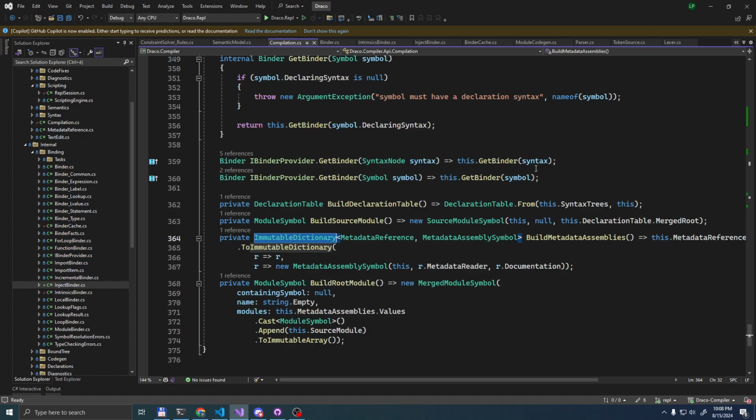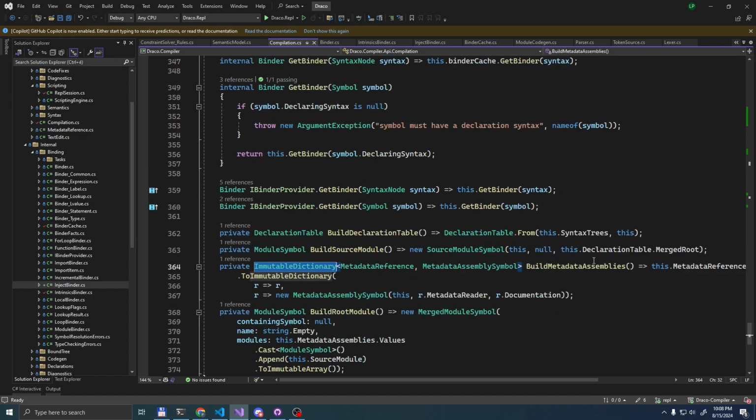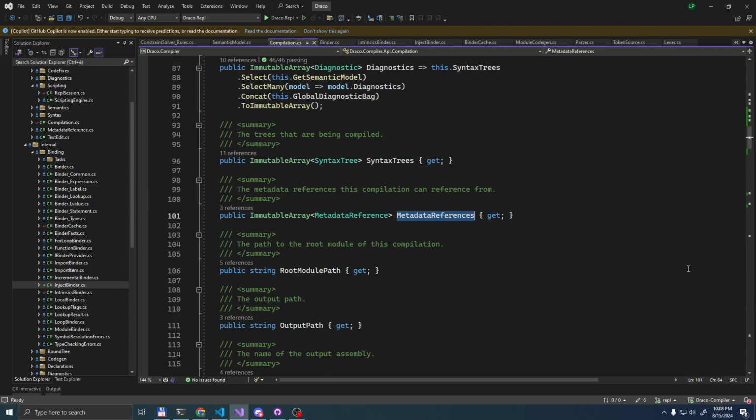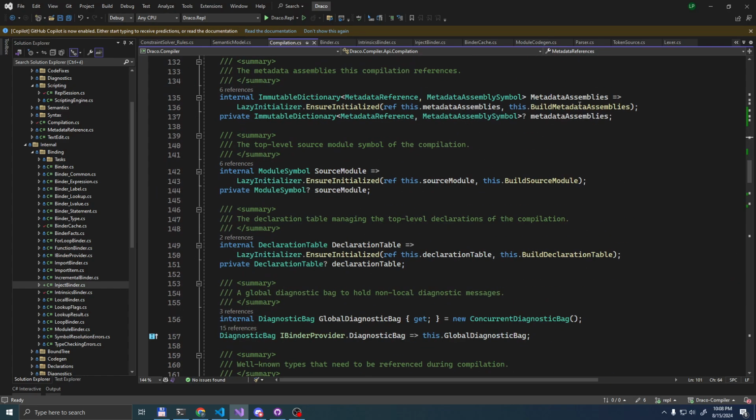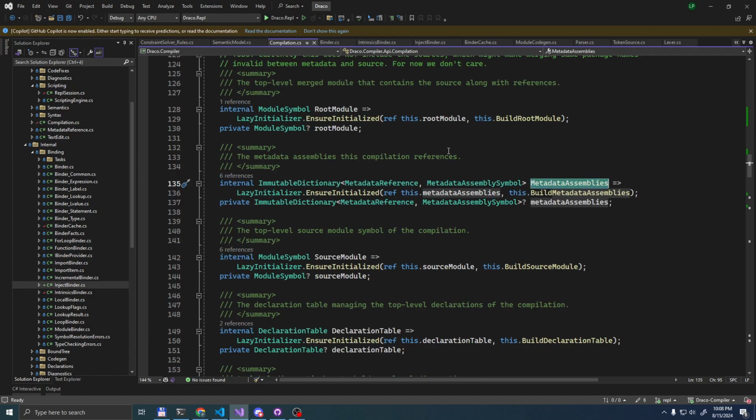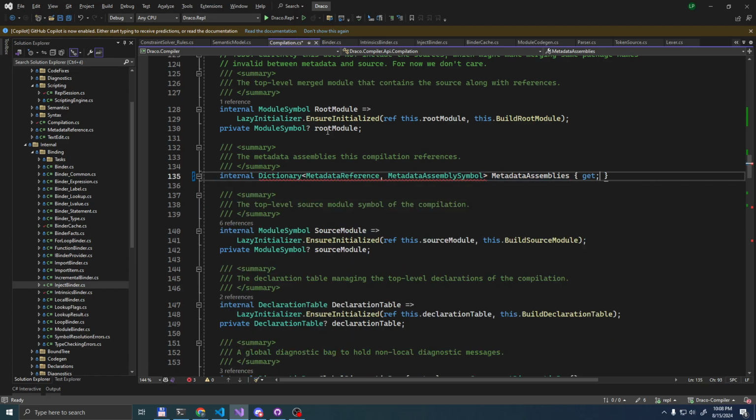Let's try to refactor this a little. So we actually don't need the lazy initialization thing we usually do for these.